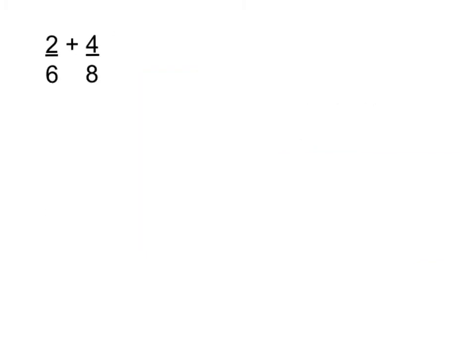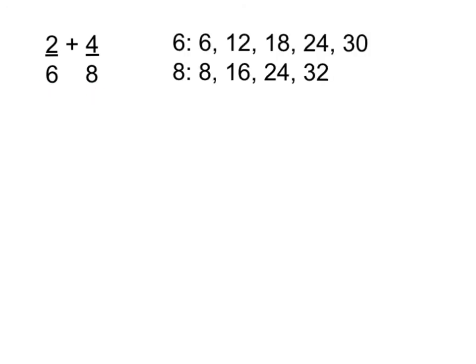In this question, we want to add 2/6 plus 4/8. They do not have a common denominator, so we need to find the least common multiple, or the smallest denominator possible, that we can make 6ths and 8ths into in order to add these fractions. By listing the multiples of 6 and 8, we can see that the least common multiple of 6 and 8 is 24. So we want to make an equivalent fraction with 6ths and 8ths with a denominator of 24